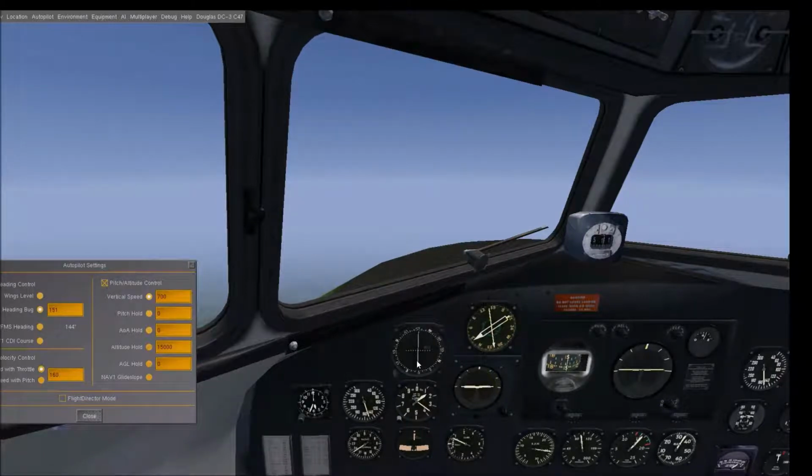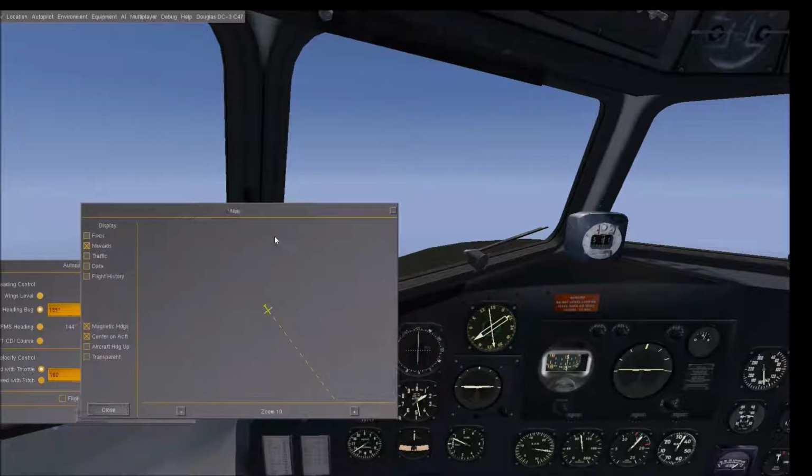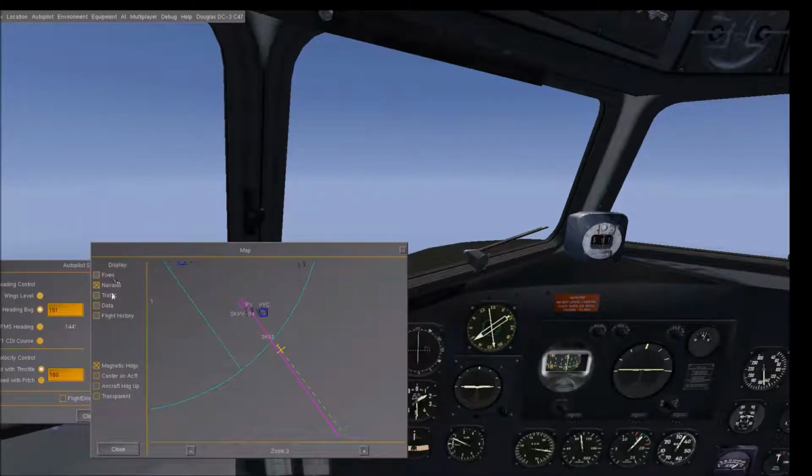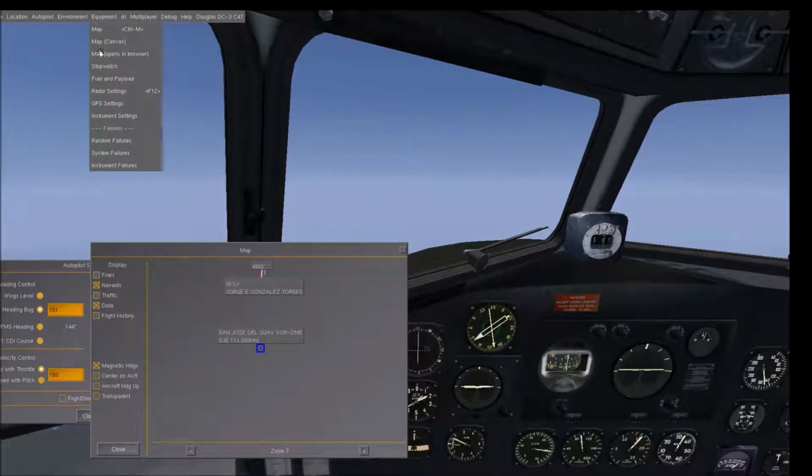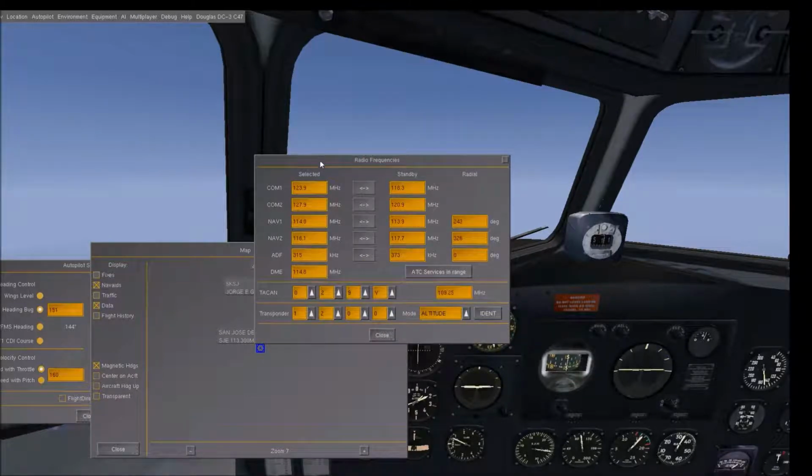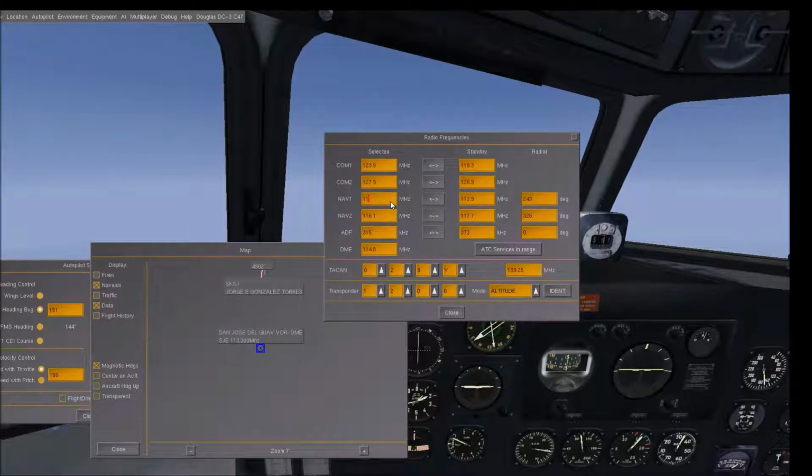There's also a VOR navigation, but we will not use it today. But well, we can have a look if we see a VOR here. For example, this one, just to demonstrate how this is done. But it's fairly easy. You're probably already familiar with this. So 113.3 megahertz. Radio stack, 113.3,